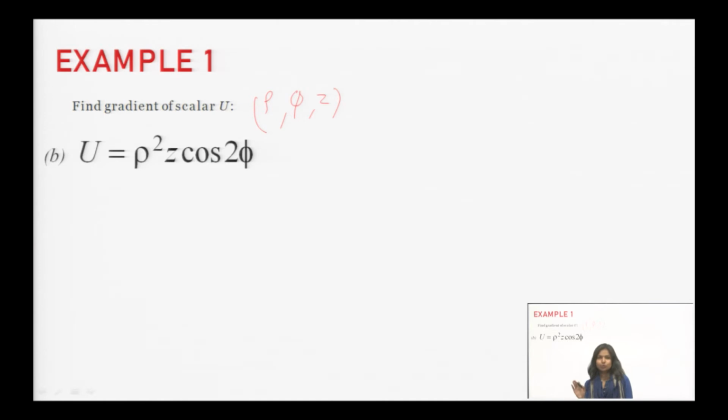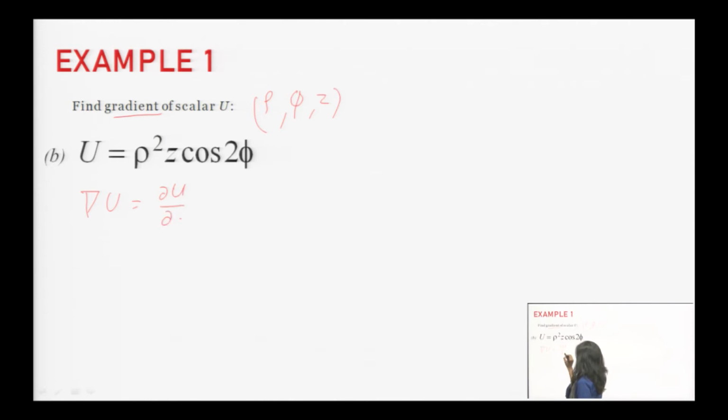If there are two angles, it means that the function is given in spherical coordinates, because anything in spherical coordinates can be represented with the help of r, theta, phi, where theta and phi both are angles. So here we have to apply the formula of gradient in cylindrical coordinates, and in cylindrical coordinates the formula for del u will be